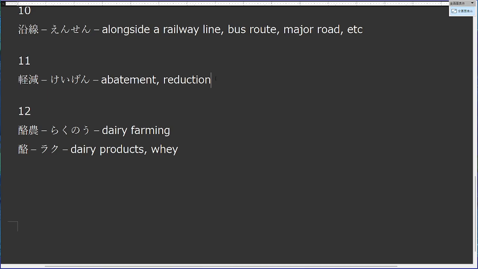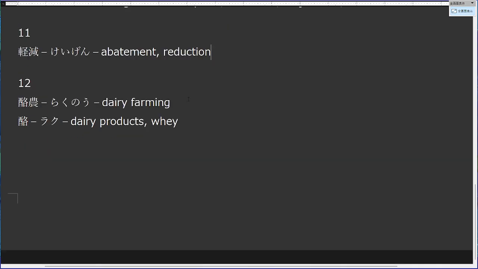Keigen is a light reduction. And finally, number 12, we have raku. Sorry, this is a noun, raku no. No on the right side for agriculture, and raku on the left side are new kanji for dairy products and whey. This one is going to be entirely rote memorization because I have no idea how